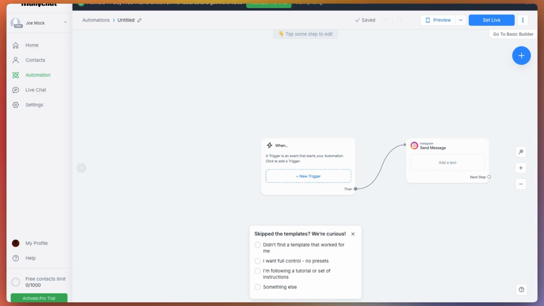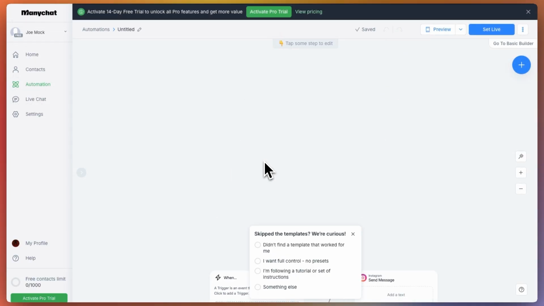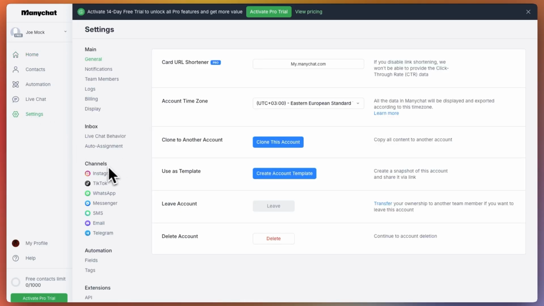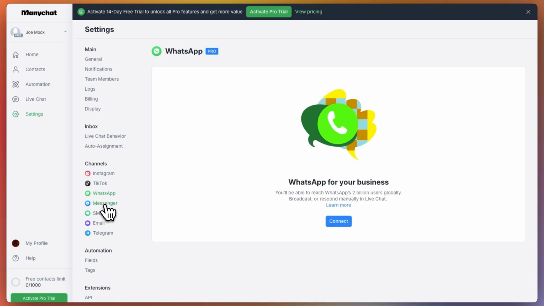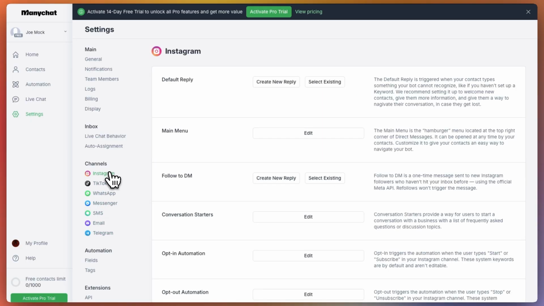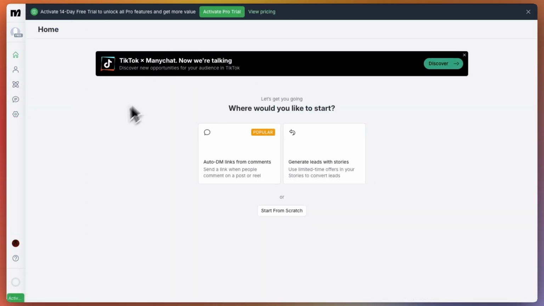Welcome to the video. In today's video, I'm going to be showing you how to navigate through ManyChat using chat automation templates and creating chat automations from scratch. So once we're in the dashboard right here, the first thing you want to do is go to settings, and then you can go to the different channels. Now you can see Joseph's Perfumes, so adeptly named, is already connected. I connected my Instagram, but you can go through and connect all the other channels that you can automate using ManyChat using one account. If people DM your business on any of those myriad accounts,